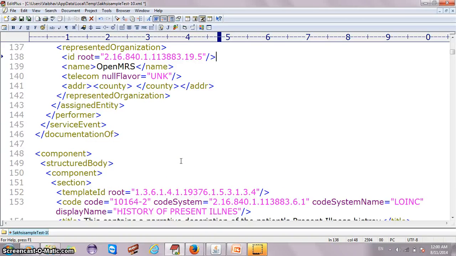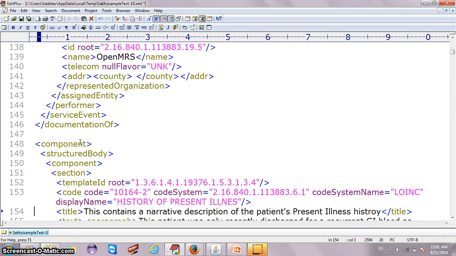Now let us see the body part of the CDA message. The CDA header ends here and the CDA body starts from here. The CDA body consists of sections, and sections consist of narrative blocks and entries. Before midterm, we just generated a bare minimum CDA message without any answers. That is, we generated a skeleton of a CDA message without any data. But now we have populated answers of all the sections in the APHP CDA message with the help of the concept dictionary.